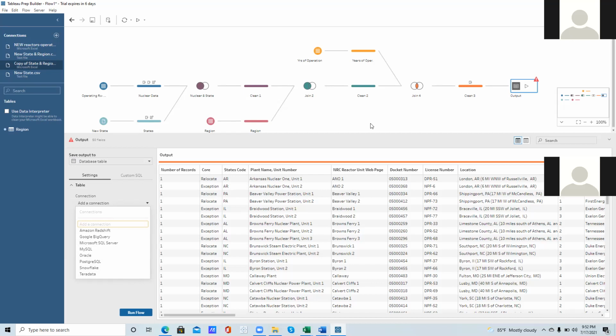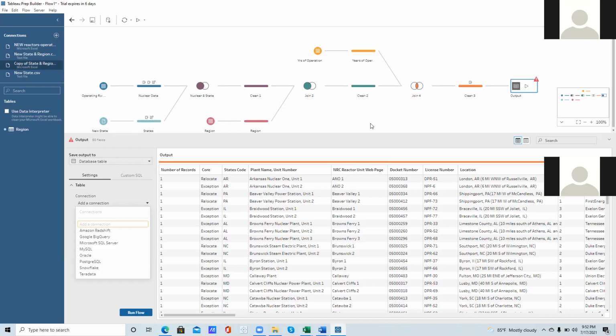All of those things are showing, along with other information embedded in year of operation, in nuclear data, and in states and region. All of them are now one single data, and each record has its own right data. Each state is now located in each of the data.